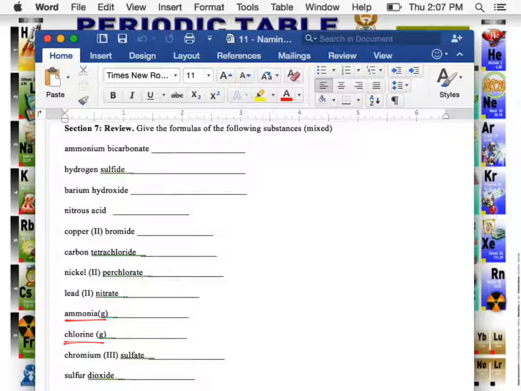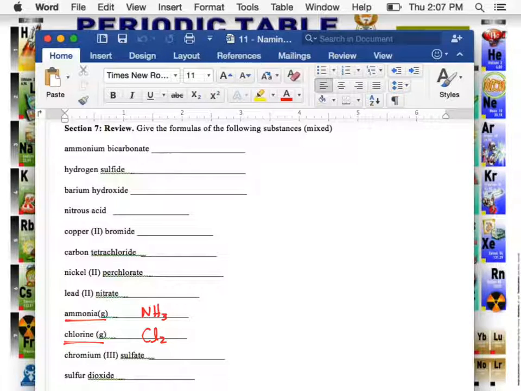Ammonia and chlorine. You're going to have a really hard time naming those. Ammonia is NH3. There is no origin there. Don't try and make one. Okay? It's a common name given to it, much like my name is Mike. Okay? Chlorine would just be